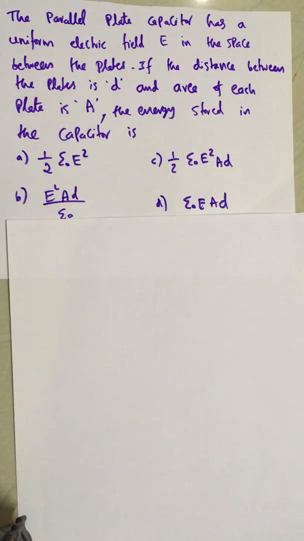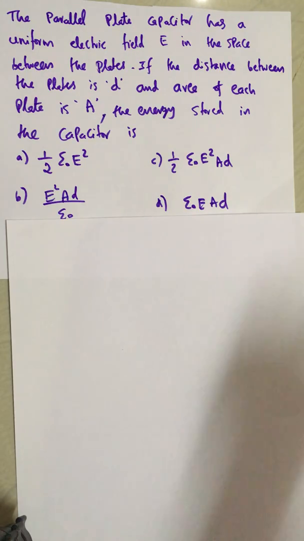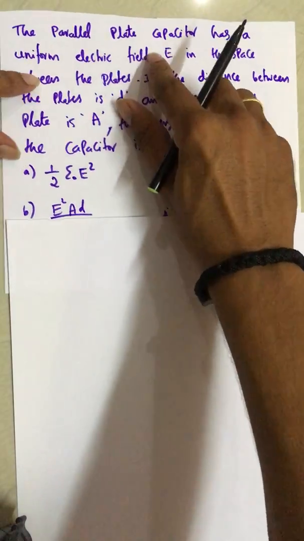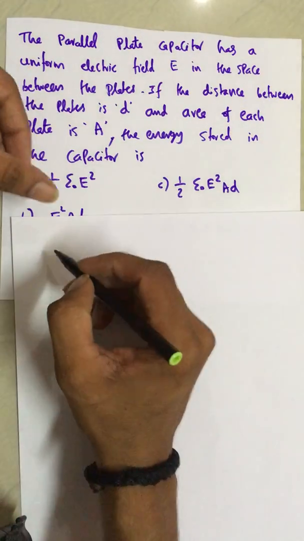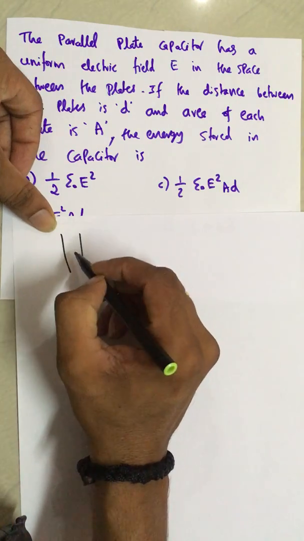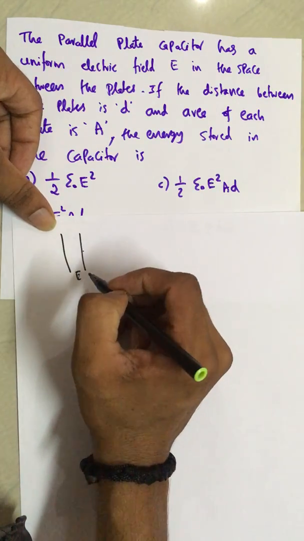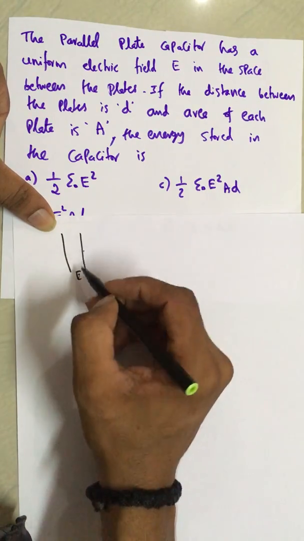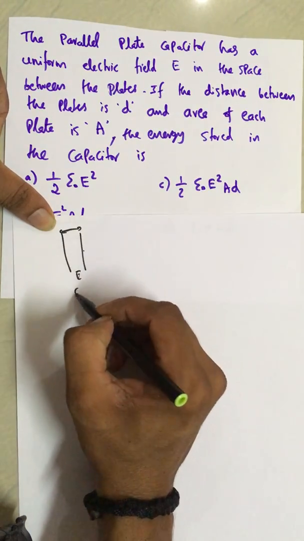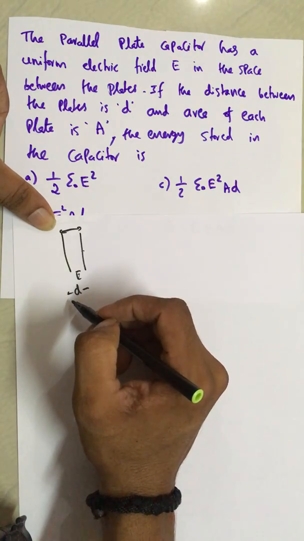Here is a problem on a parallel plate capacitor and energy stored in the capacitor. We have a parallel plate capacitor which has a uniform electric field E in between the two plates. So there are two plates, in between them the electric field is uniform, which is given as E. If the distance between the plates is D, the distance between these two plates is just D, and area of